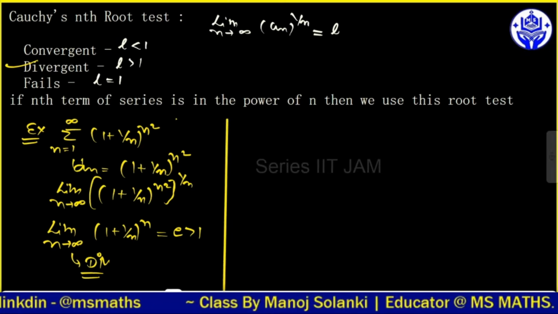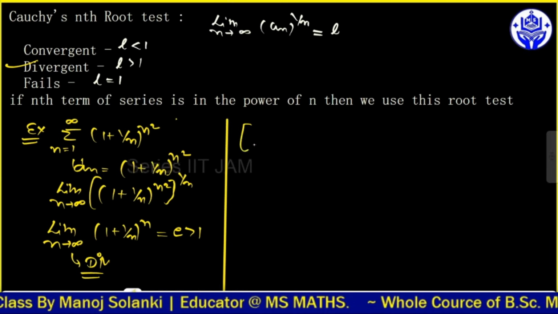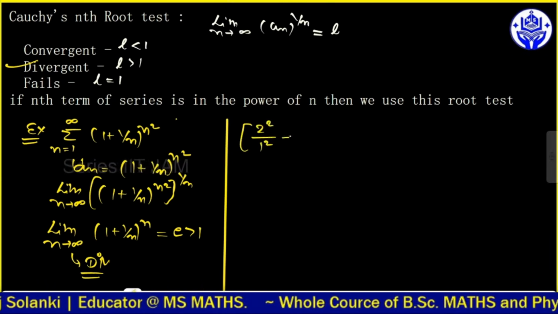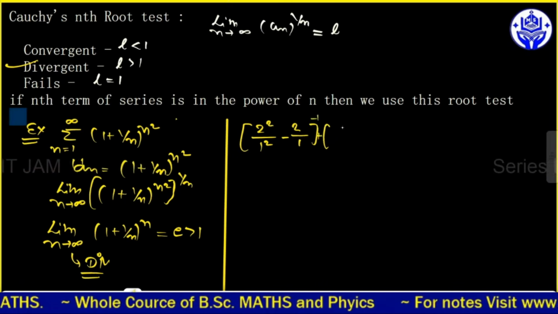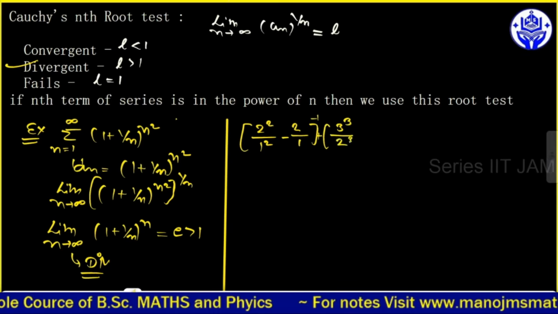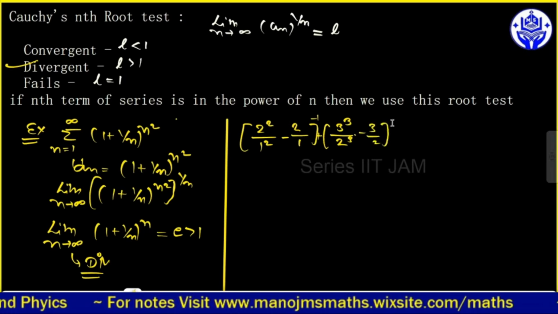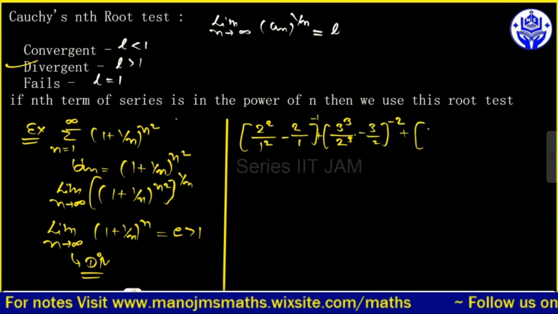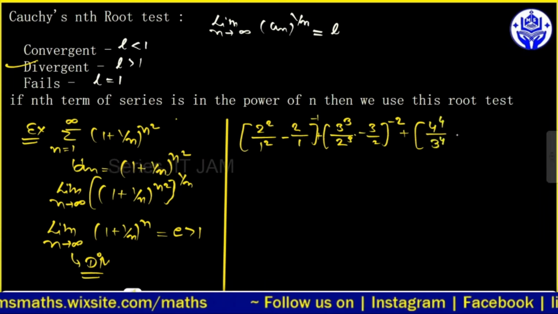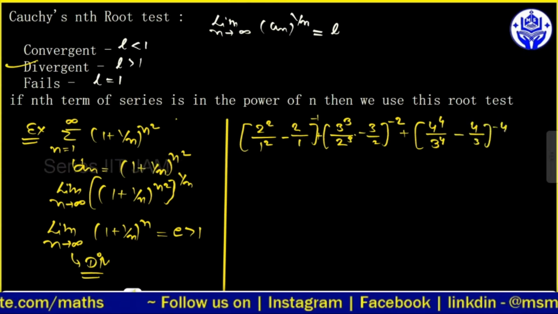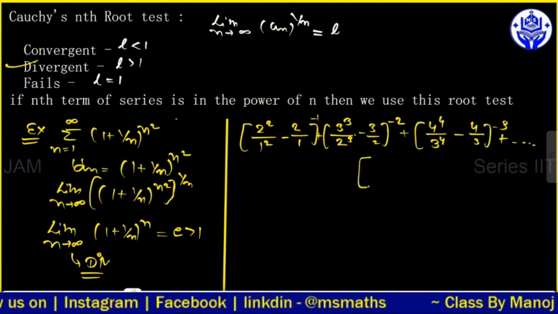सिमिलरली अब हम बात करते हैं सेकंड एग्जांपल के बारे में। तो यार इसका सेकंड एग्जांपल क्या हो जाएगा, हम इसको ऐसे लिख सकते हैं कि अगर हमारे पास में कोई सीरीज है, जैसे 2²/1² माइनस, ये हो जाएगा 2/1। ओके, सिमिलरली नेक्स्ट टर्म जो है वो इसकी पावर -1 हो जाएगी, और नेक्स्ट टर्म जो है वो 3³/2³ हो जाएगा। ओके, आगे माइनस ये हो जाएगा 3/2, इसकी पावर -2 हो जाएगी। सिमिलरली आपके पास में अगर 4⁴ है और 3⁴ है, माइनस ये हो जाएगा 4/3, इसकी पावर -3 है।